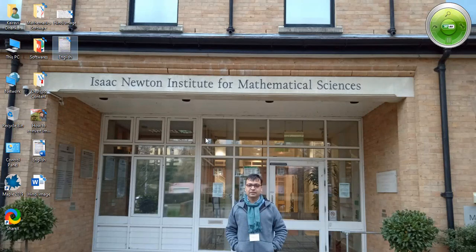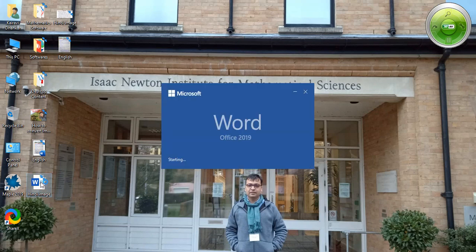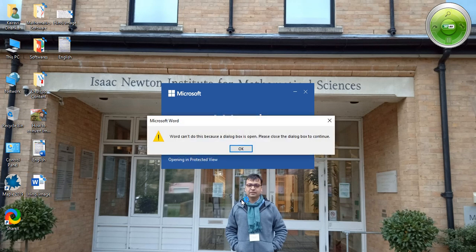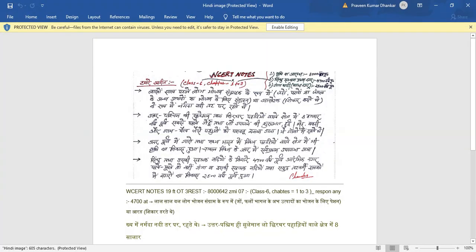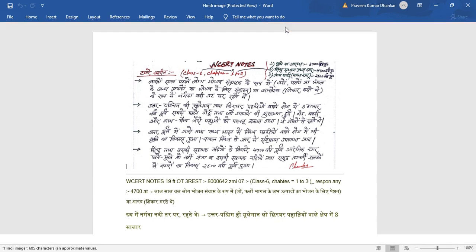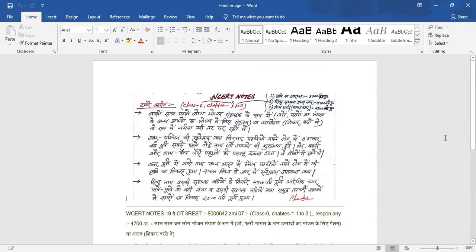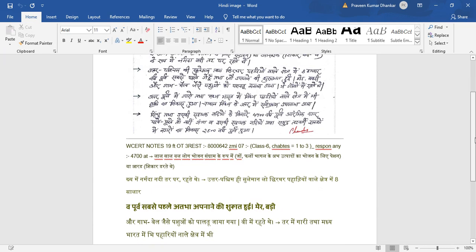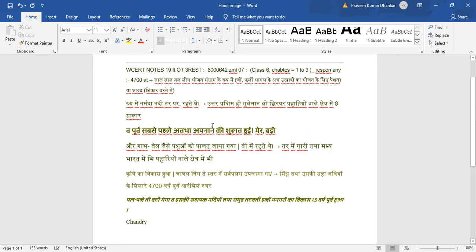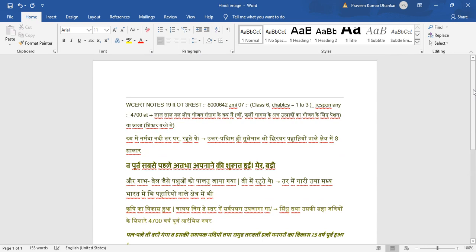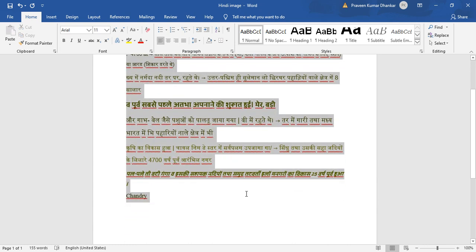Now we have a look at Hindi. So it's like this. I'm just opening it. You start by enabling editing, and then another thing, you have a look, you can delete this, and just see, this is your Hindi file.